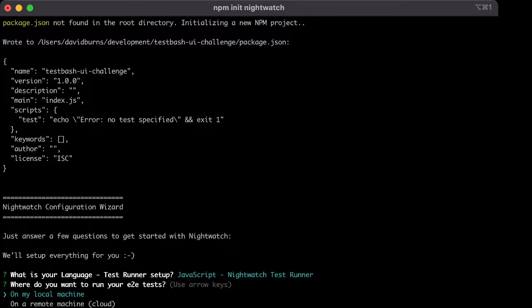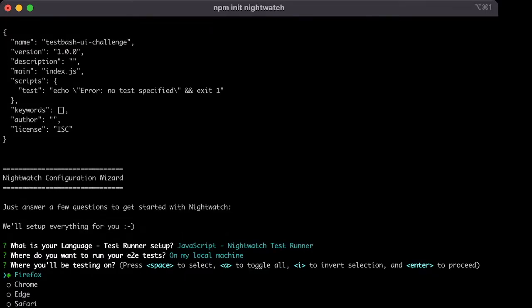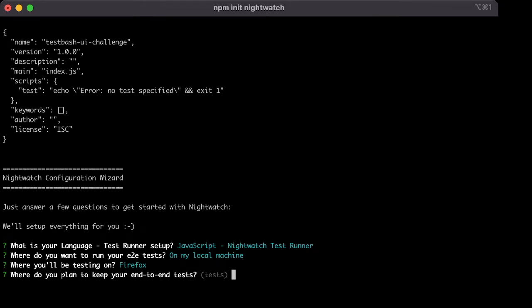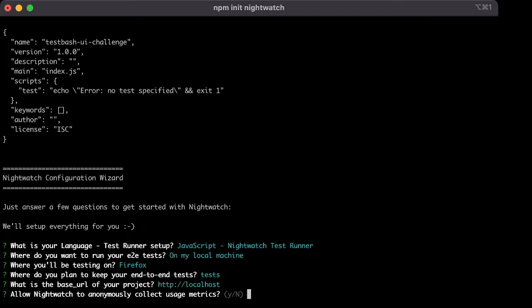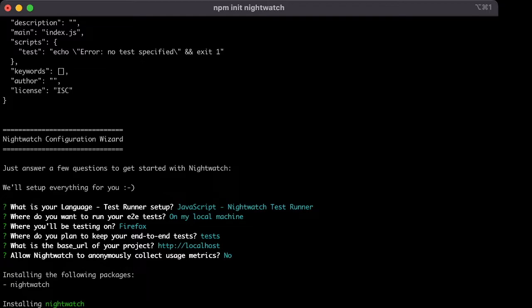Where would you like to run your test? In this case, I'm going to run it on my machine. Which browsers? Which directory do you want to store your tests in? And if you needed to set your own base URL, you could. You press enter, and then it will make sure that all the relevant details and dependencies are installed on your